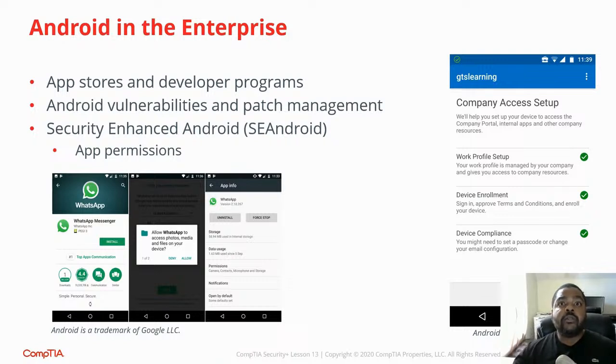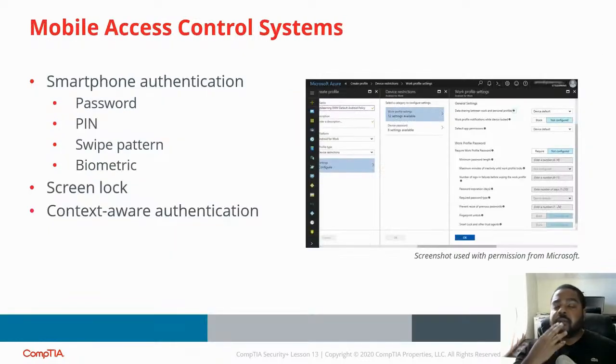But in the enterprise, we want to make sure that we understand from a security standpoint that this customization to our applications and to our phones may pose a threat, right? And so we want to have some type of software that can talk to Apple devices as well as Android, making sure that we can push out those patches and keep that management console around those devices. So, to reiterate what this control system is going to do, we can put passwords in and we can customize the password to,